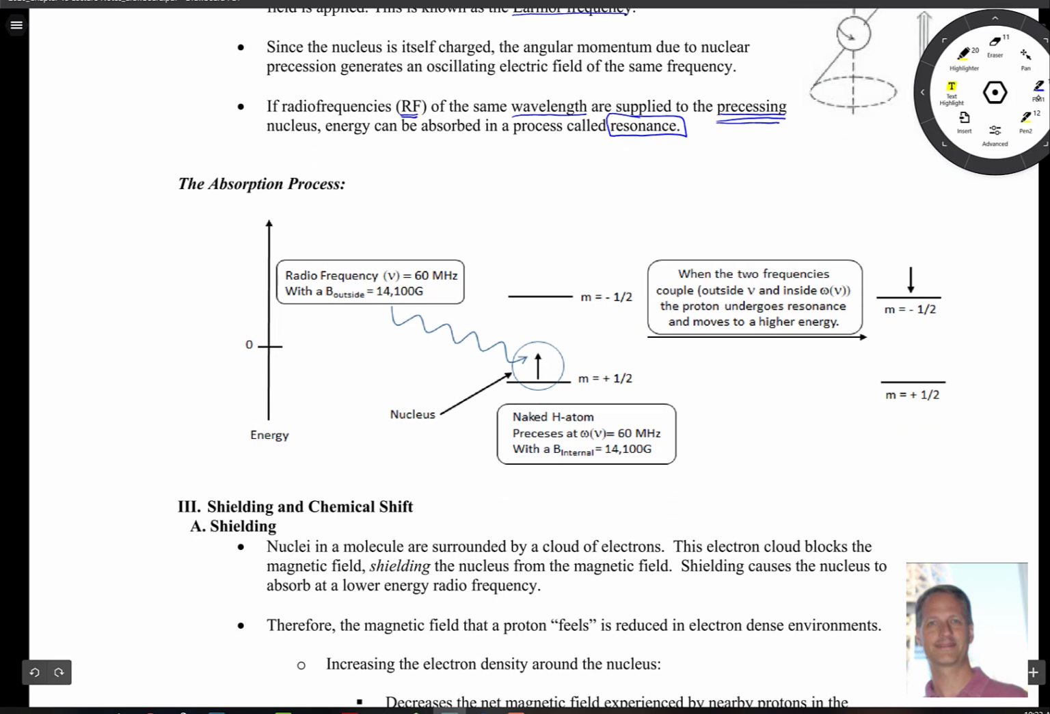All right, so first things first, a naked proton, that's a 1H atom. So in other words, it's just by itself. It's not connected to another H atom. It's not connected to carbon. With an internal magnetic field of 14,100 Gauss, that nucleus precesses at 60 megahertz. So then if we have an outside magnetic field of 14,100 Gauss, with a radio frequency of 60 megahertz,